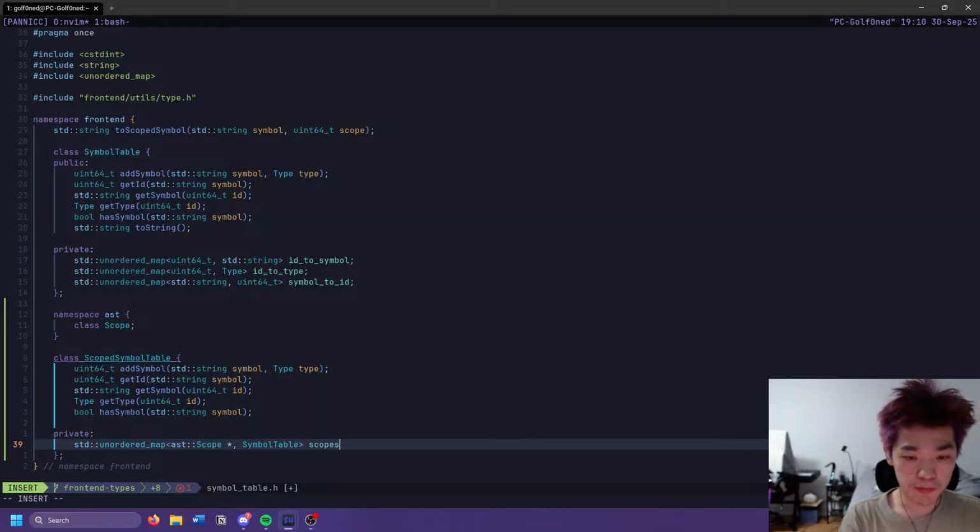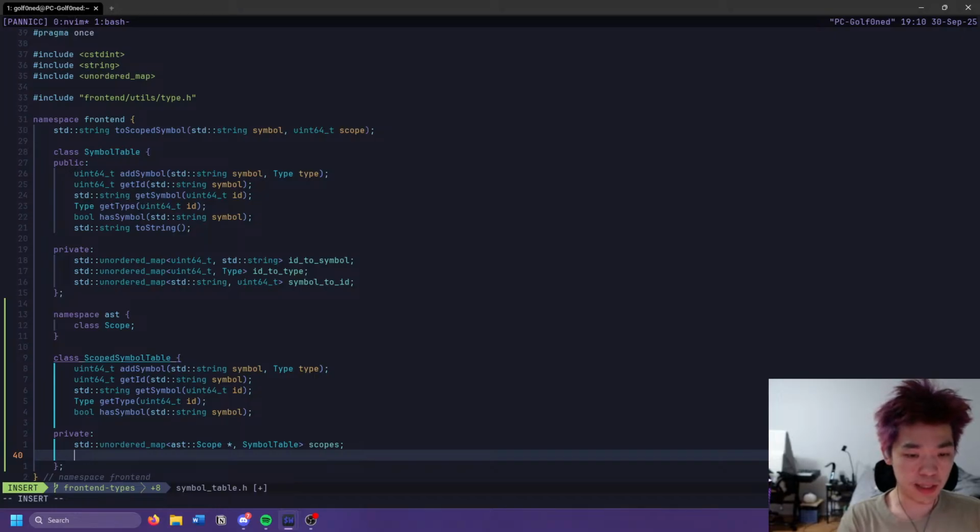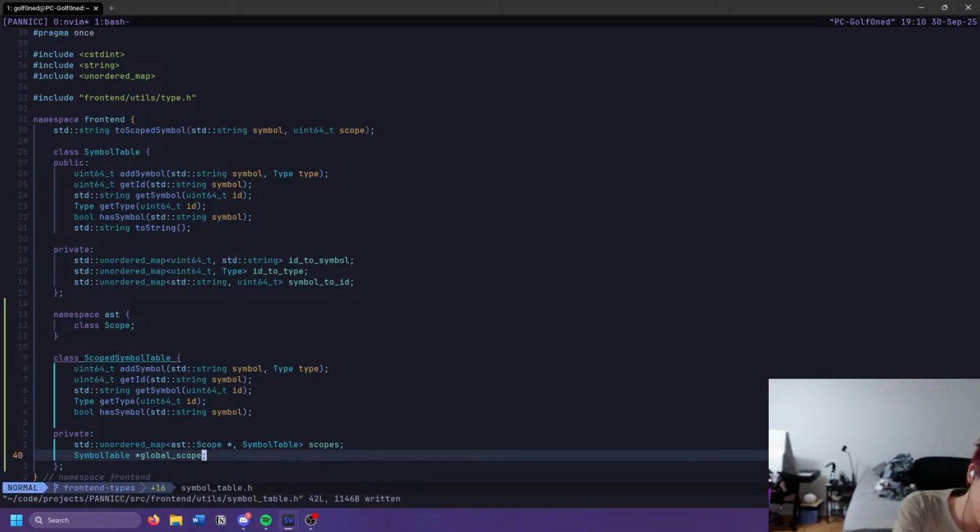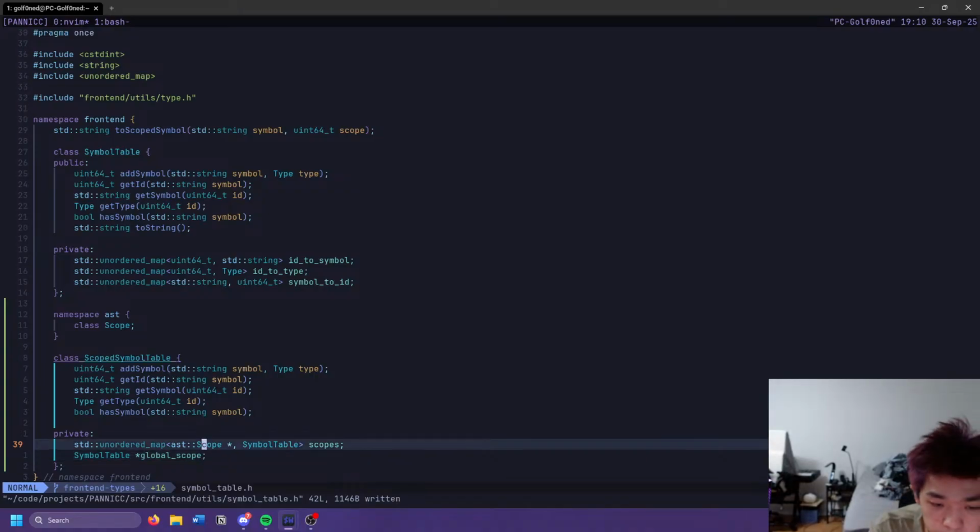So this is scopes, and then we want a symbol table footer, and this is global scope. So that's the base scope. Yeah. I think we also need a map for parent scope or something. I don't